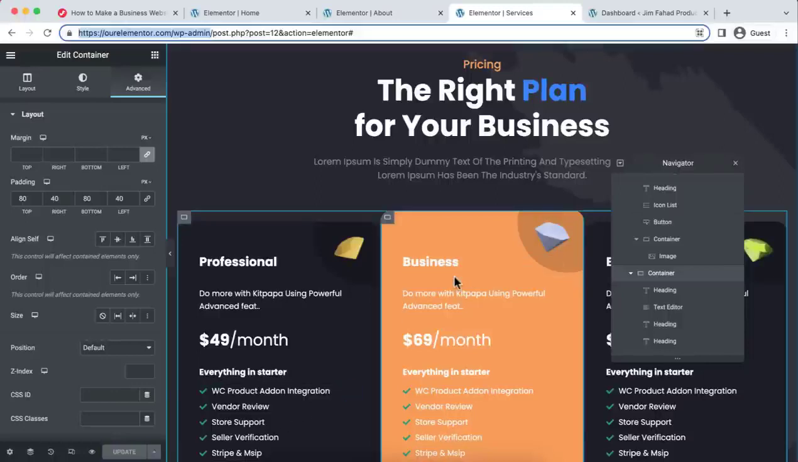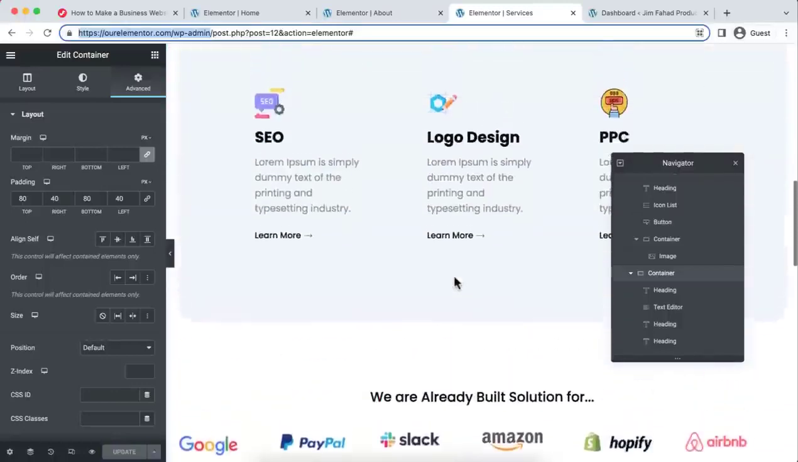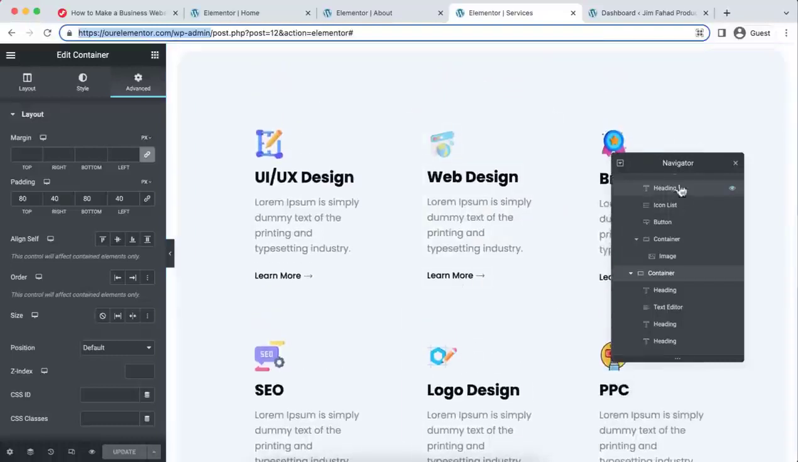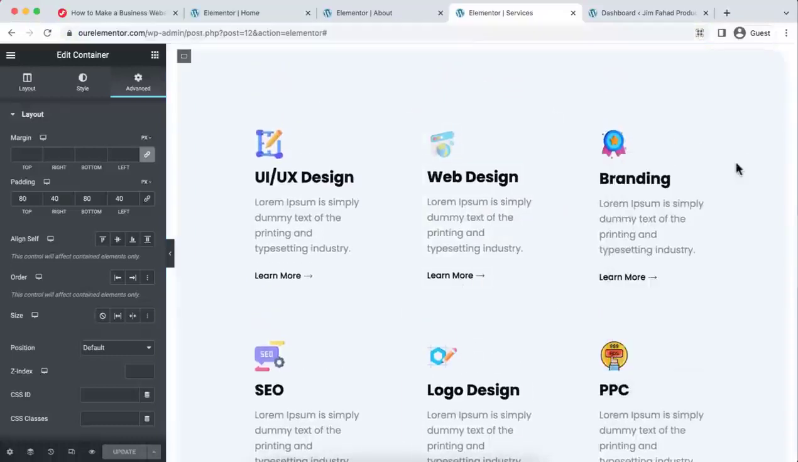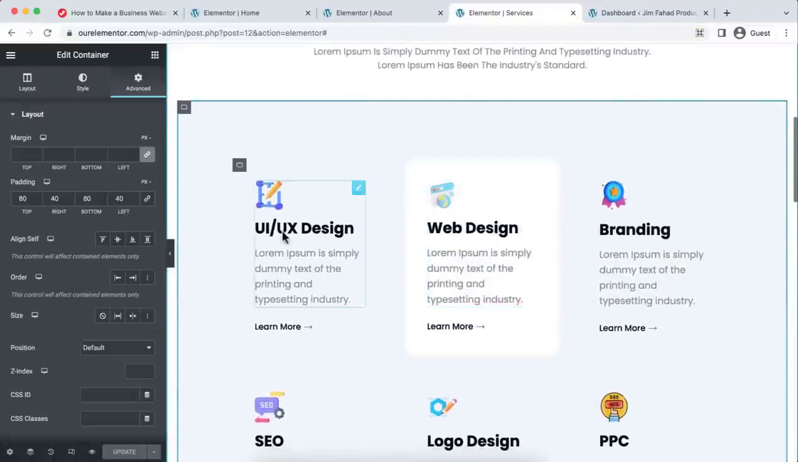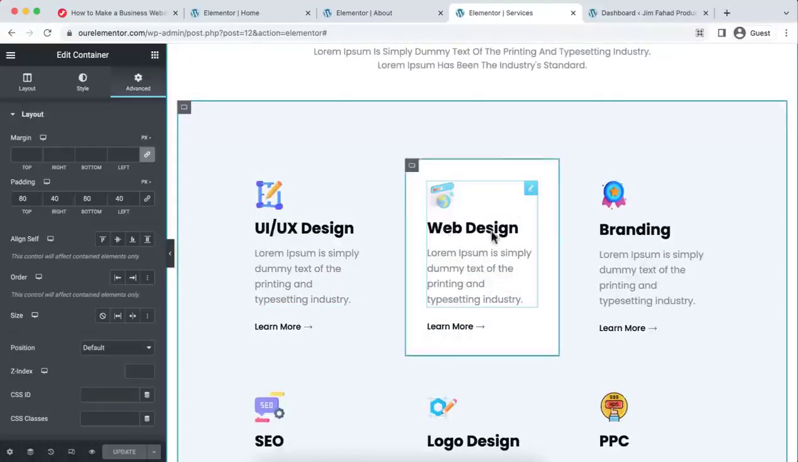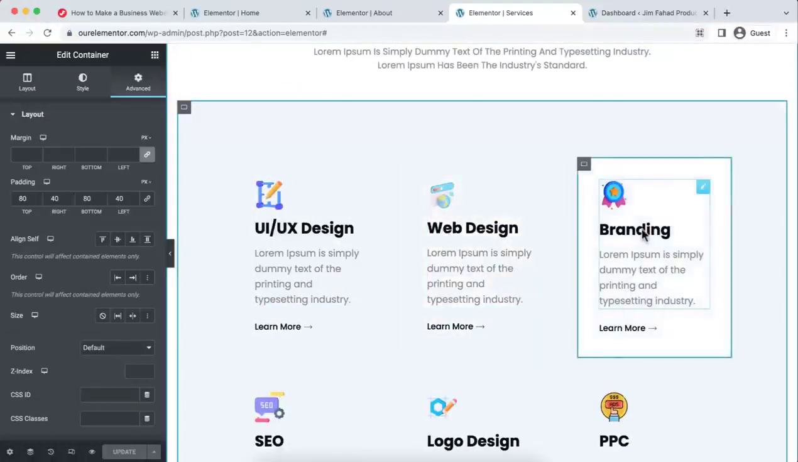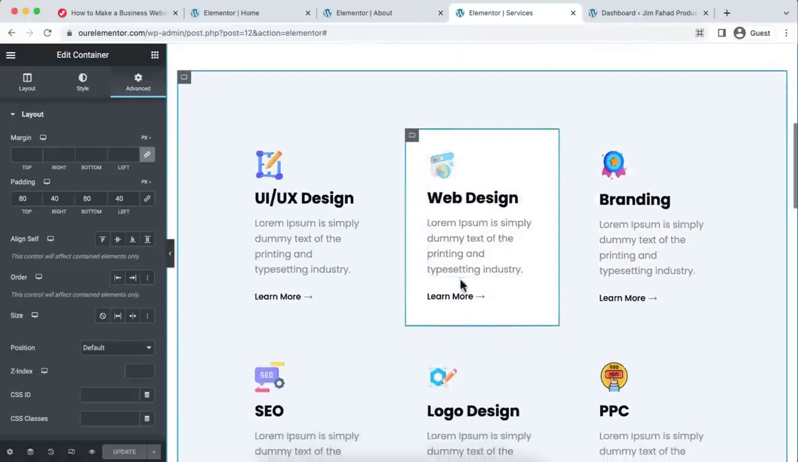So we have created our services page, and you see we have, I'm just closing that navigator. You may have different services like UI UX design or web design services or branding services like this. And when anyone clicks on this learn more button, where will they go? They will go to the single page of this service, because you may want to say more about that specific